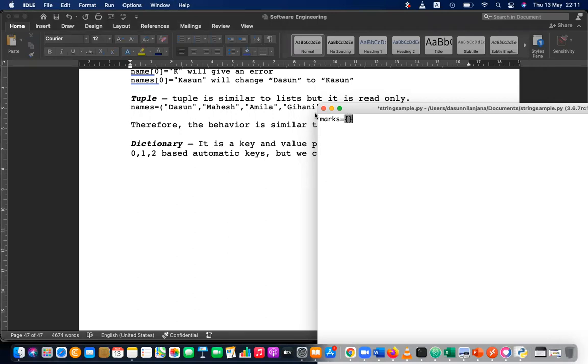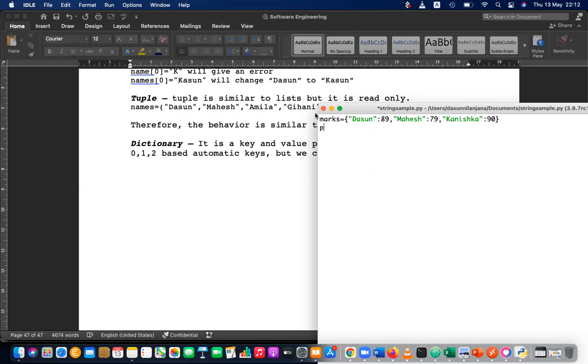You use curly brackets. Inside the curly brackets, you can give the marks likewise. Let's say Dasun got 89 marks and Mahesh got 79 marks. Anishka got 90 marks. Likewise, you can continue.